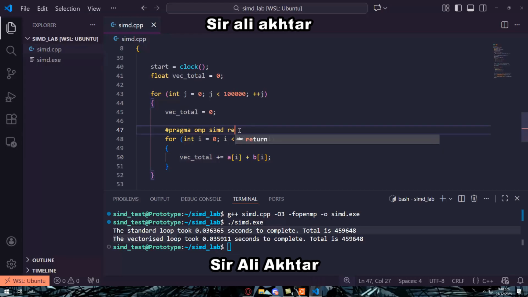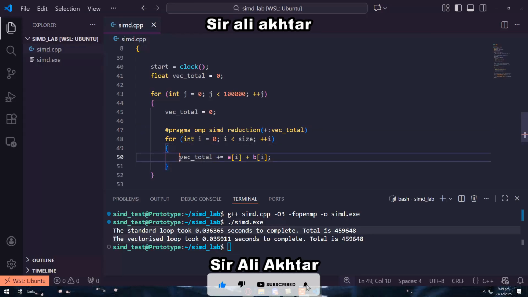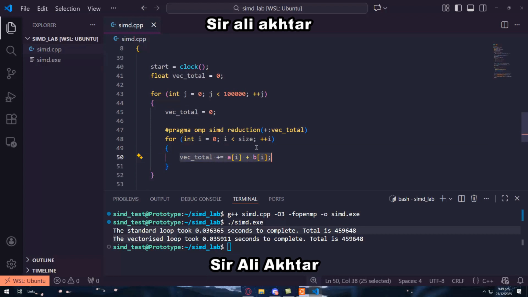So in previous labs, we have already studied the reduction clause, in which we place a variable, total, and the operation that we are performing, which is addition. That's why we have written plus over here. Whatever value is calculated, it will be stored in memory in one place, and as soon as this whole loop ends, it will add the total over here. This will just generate a minimal overhead, but after adding this to the code, we can see the difference between standard and vectorized. If we recompile and execute it again,